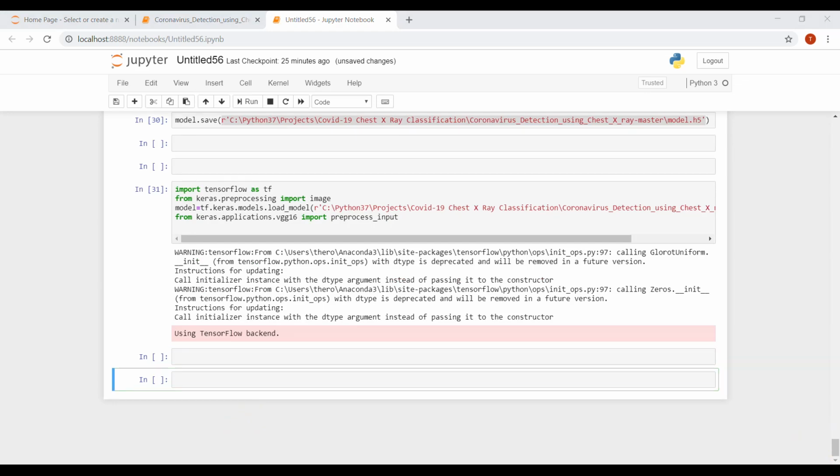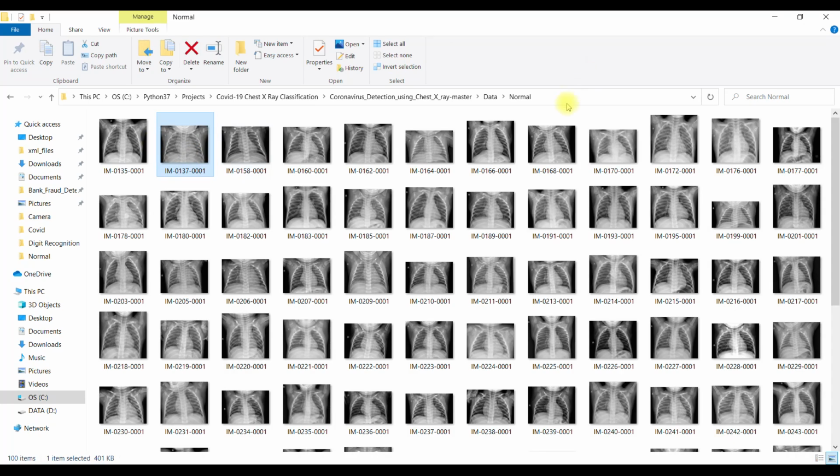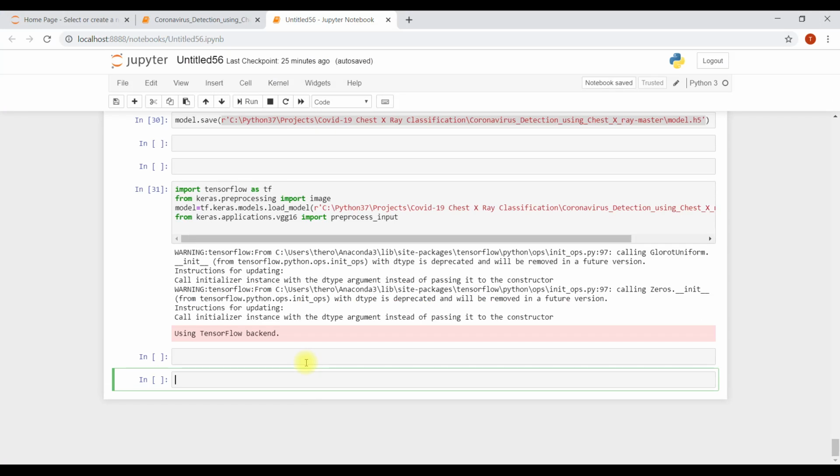Now let's take any individual image. Let's say this normal one. I'm going to copy this path: img equals image.load_img.